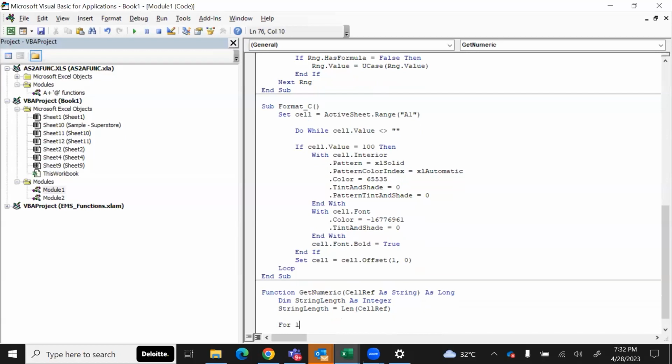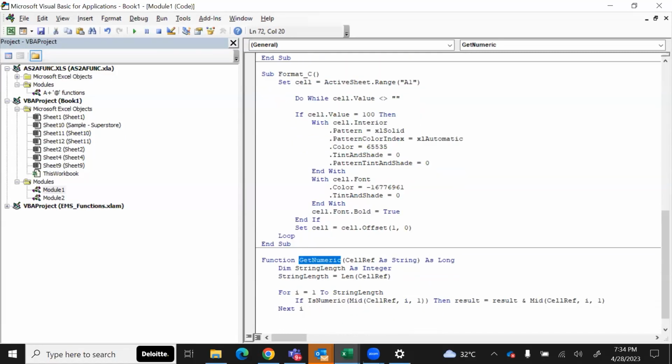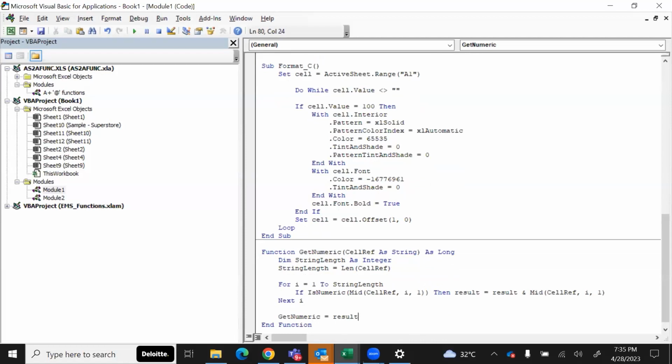And now for each character in the string, all right, now I'll explain what I've written here. So first I'm defining an integer named string length. So string length will be that variable that holds the length of my string,